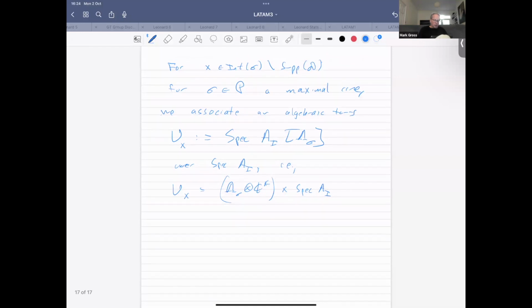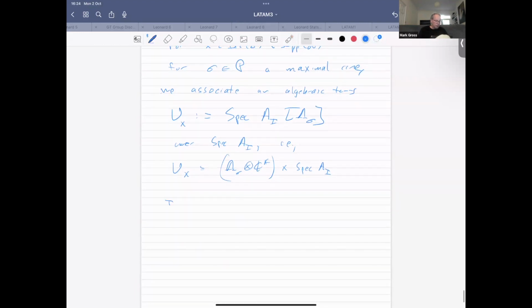Okay, so I'm going to associate with every such point such a torus. And furthermore, if x lies in the interior of a codimension 1 cell minus the singular locus of D, the rho and P codimension 1 cone,